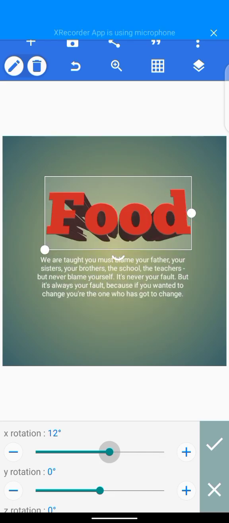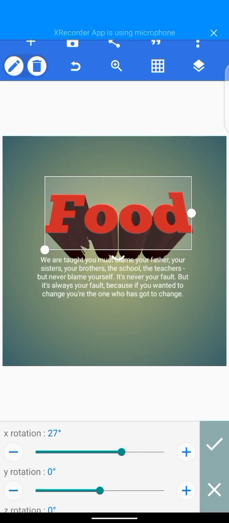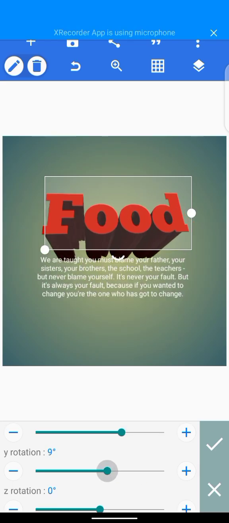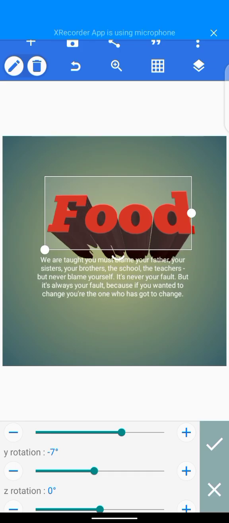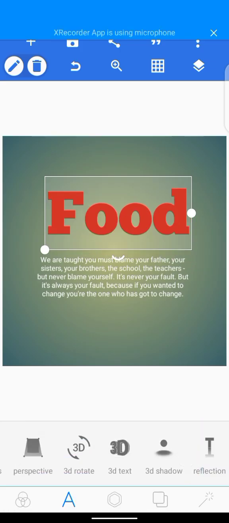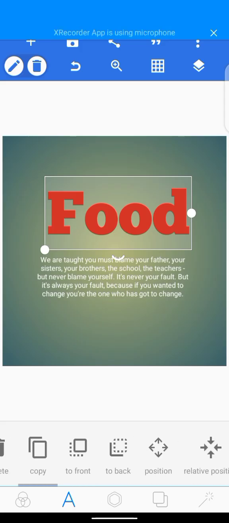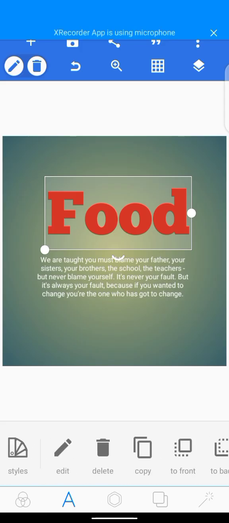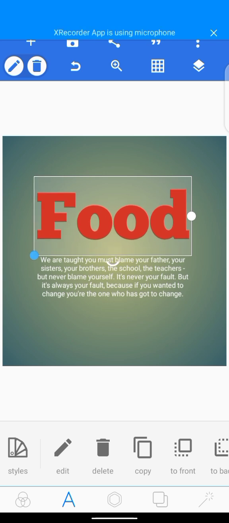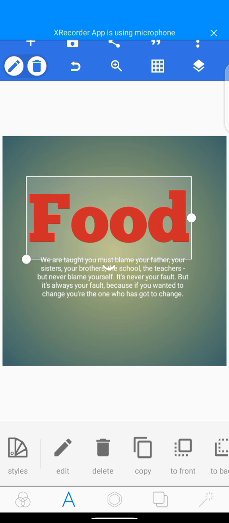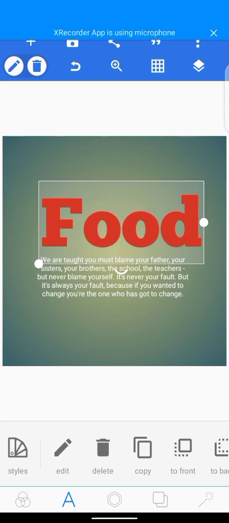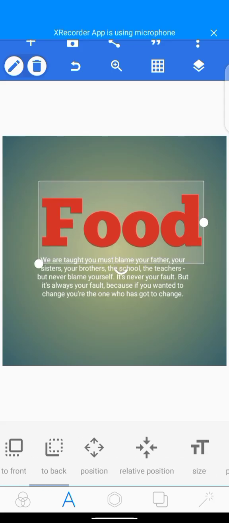You rotate your text. This is how to go about your 3D, but it's a special training on itself. Today I'm teaching you the interface of Pixellab, not how to use 3D. As we continue moving forward, as the days go, we will know how to do some of those things. So let's quickly rush to